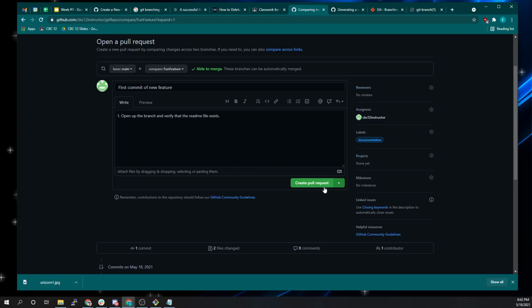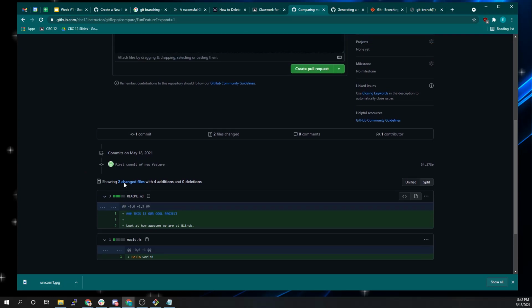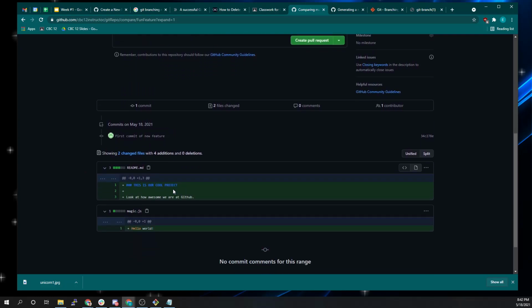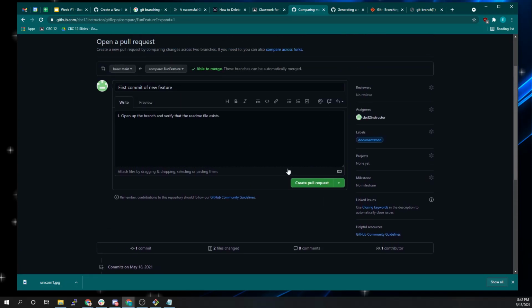But once we've got a few of these things set up, you can see this is what I was talking about earlier. It's showing the changes that we made to files. The stuff we were doing with git diff, or when we were looking at some of that stuff earlier this afternoon, this is just a cleaner version of that. It's the same information. You still see the plus signs. It's still showing you, hey, we added a couple lines here. If this was multiple commits, you'd see that in here as well. Right, then we click create pull request. Now,